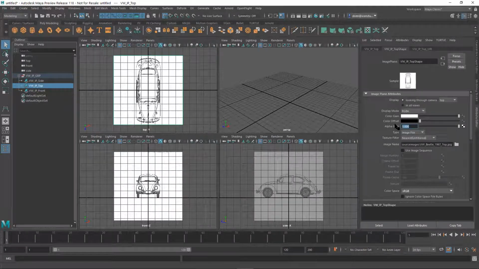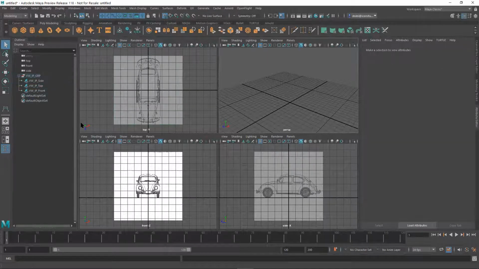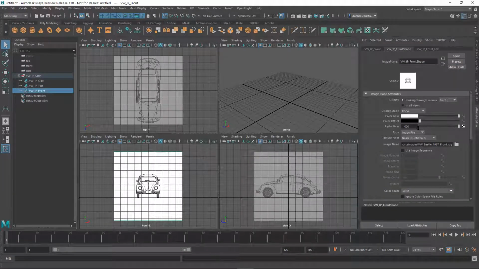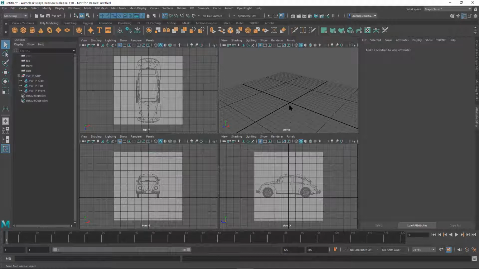So I'm going to go 0.25. And a lot of this stuff is to taste. I mean, it's what you like. I tend to like a kind of light image just in the background. Okay, there we go. All right, now,